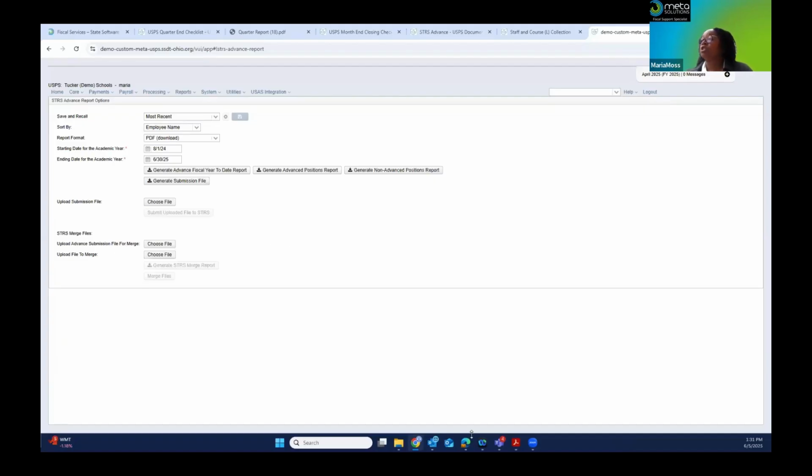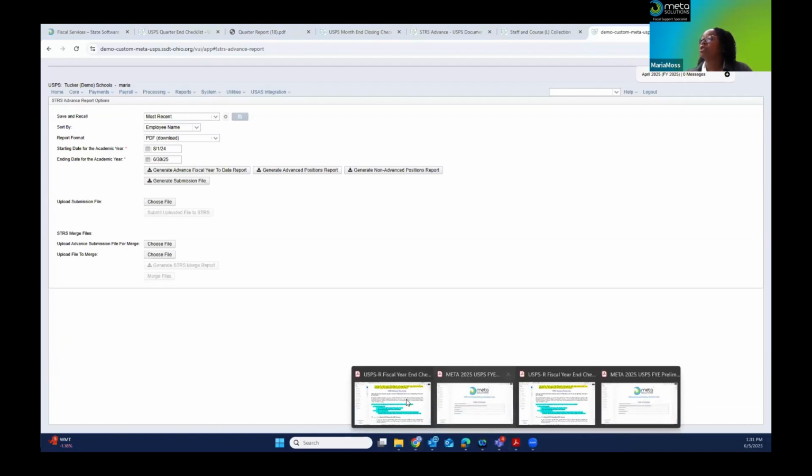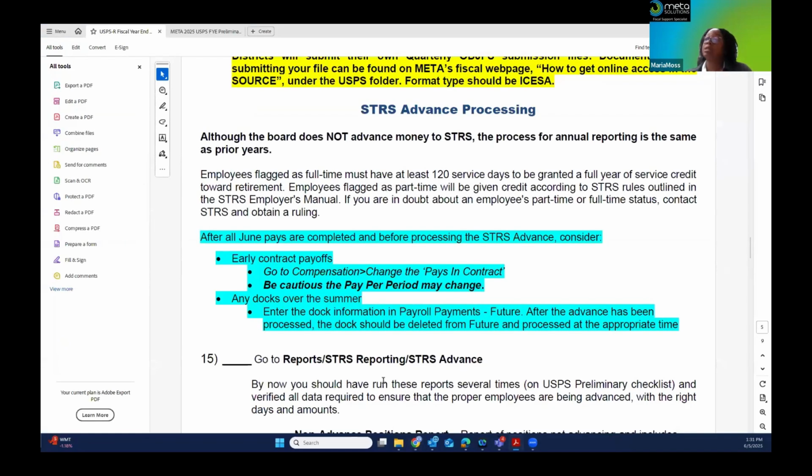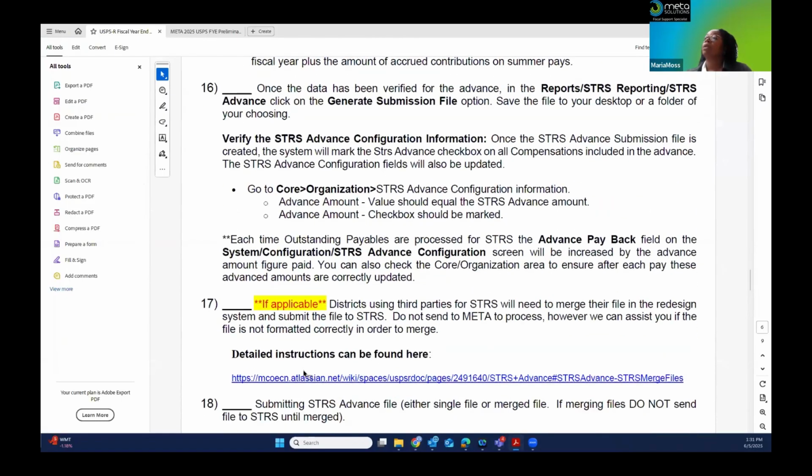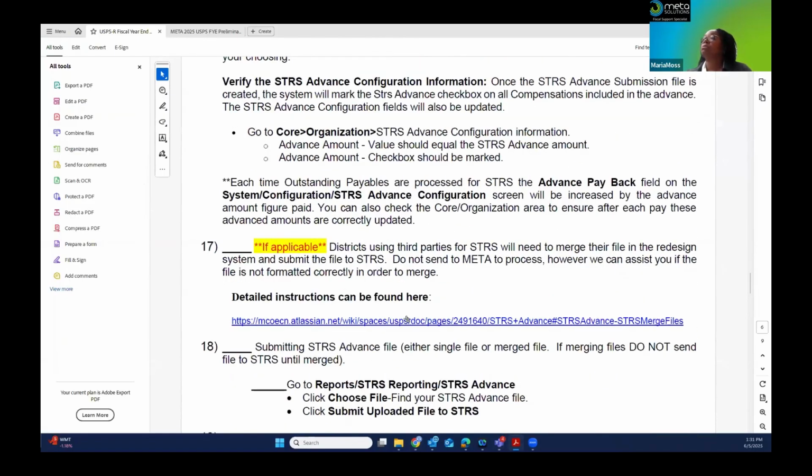We do have instructions on the checklist. So I'm on step 17, and here's more information about the advance and how to merge files. Just submit a ticket to redesignhelp at metasolutions.net if you do need assistance.